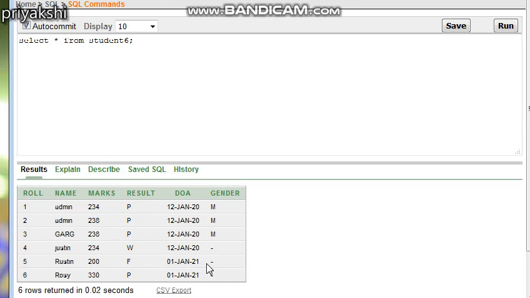So you have to delete this particular record from the database. How can you do it? You have to simply write delete from student6 where roll equals 5. Or simply you can write delete from student6 where name equal to Rustin. Anything will work.